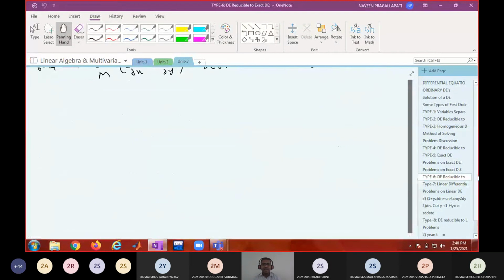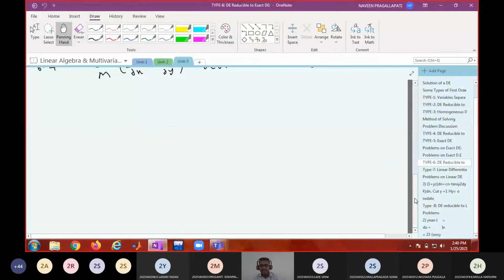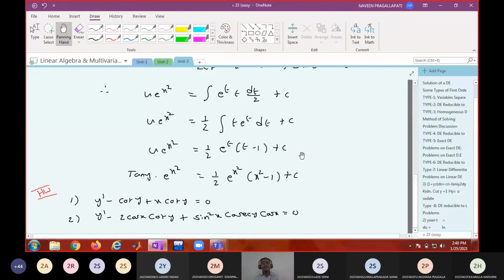Now I shall give the summary of this first order differential equation. First order first degree differential equations, how to tackle the given problem, because in exams, we have been doing problems under each type, and at least your intuition says that this may be linear, this may be linear in x, and this may be reducible to Bernoulli, like that. You have a little bit of confidence, but in exams, only the differential equation will be given. What type it is, it will not tell. Simply you will be asked to solve the differential equation. It may be type 1 or type 2 or type 3 or type 4 or type 5. It can be type 8.